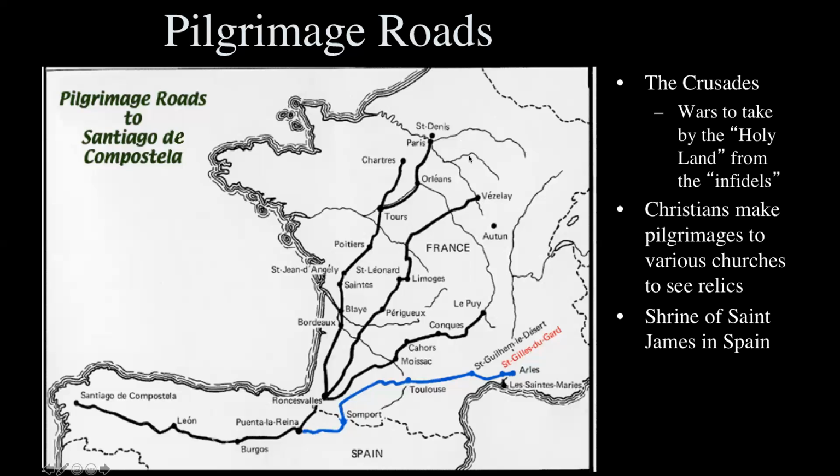And the idea would be wherever you're starting, you would end at the shrine of St. James in Spain. That's right here, Santiago de Compostela. And along the way, because they didn't have cars or trains or planes, you would have to stop. So these churches kind of were part, not the churches themselves, but next to them, these towns became kind of like traveling towns. Think of those towns if you ever drive out west in the US.